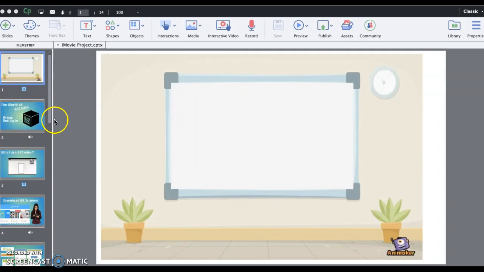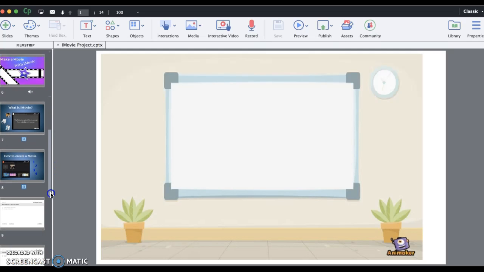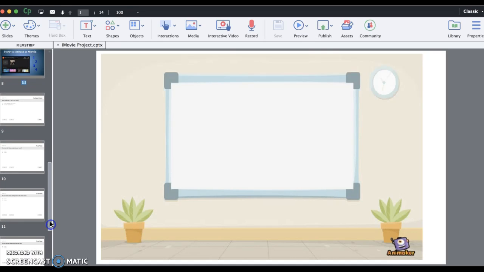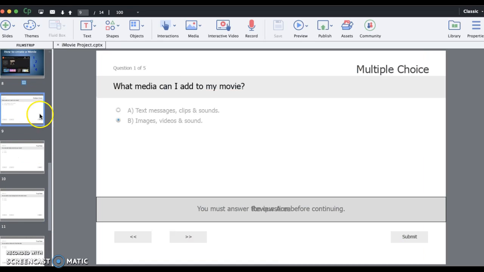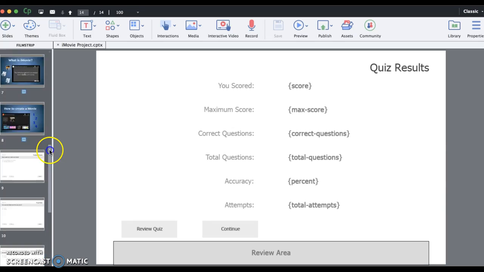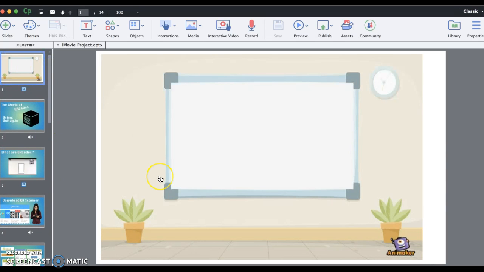I'm going to show my additions to my Adobe Captivate project. So far I have the same slides I added last week. Also I have the assessment that the kids should be able to complete, the scoring page, and I also added